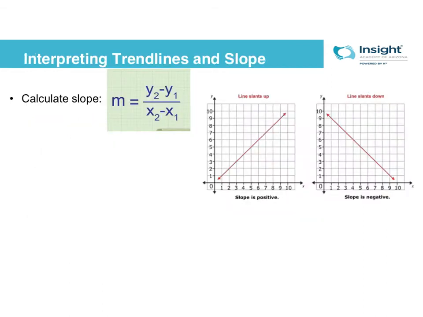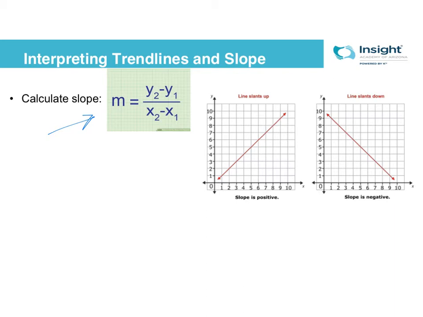So slope. Some of you may be familiar with the phrase rise over run, which is great if your x-axis and your y-axis are in the same count, where everything is increasing by 1 on both axes, which means that the two graphs that I have here would work. But on your Unit 1 test part 2, that's not going to be the case. So this slope calculation is something you need to use. Real quick, I just want to show that to you. What this equation means is that you need